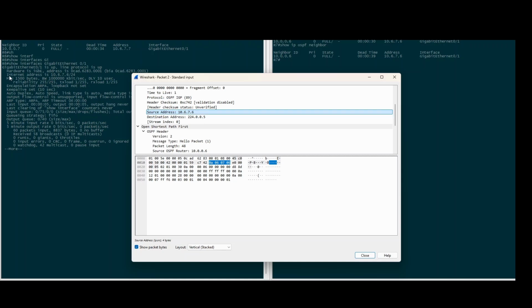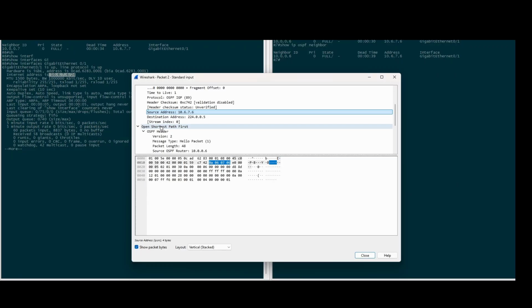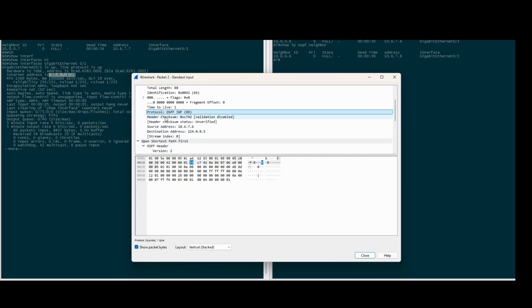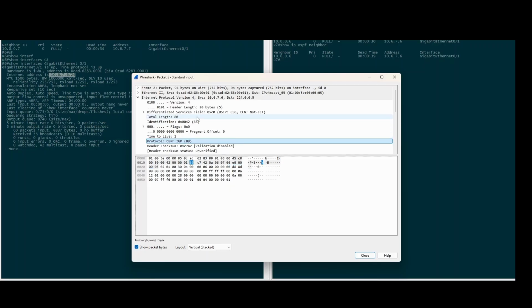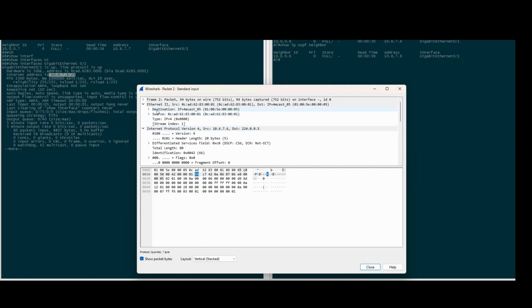That's the interface IP address that we configured on R6 interface gig 0/1. It has a protocol ID of 89, which is the protocol number for OSPF, and we see the destination IP address as 224.0.0.5. That's the multicast address that is used for OSPF, and then the IP packet gets encapsulated inside an Ethernet frame. So the source MAC address is the interface MAC address for gig 0 on R1, like we see